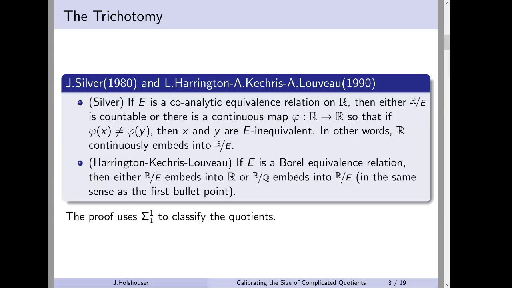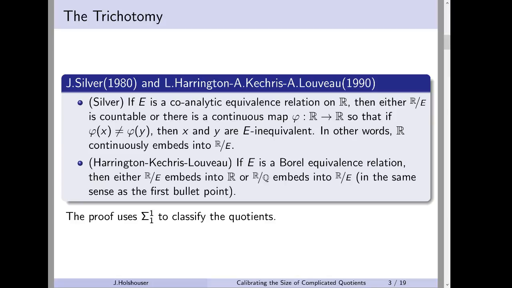To refresh people who might not be as familiar with that, analytic sets are projections of closed sets. Co-analytic are complements of those. Okay, so just a little bit more complicated than Borel. Then either the quotient is countable, or you have a map on the level of the reals itself, which takes unequal things to E-inequivalent things, which then creates this embedding from R into the quotient